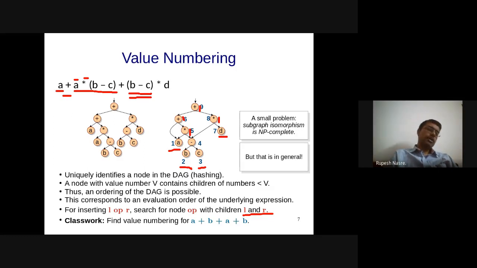Okay, so Sarthak's question here is that if you have C minus B versus B minus C, can we still do something? So it can get done. In fact, it does get done at the IR level. For example, in this case, you can have B minus C as the common, and then that into D itself is also common, and then minus of that as a unary minus you can apply.